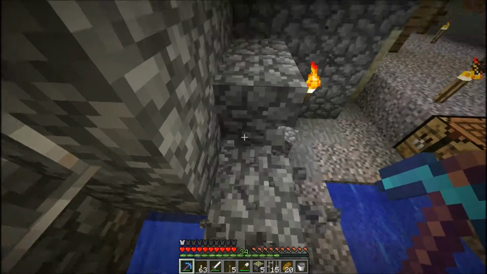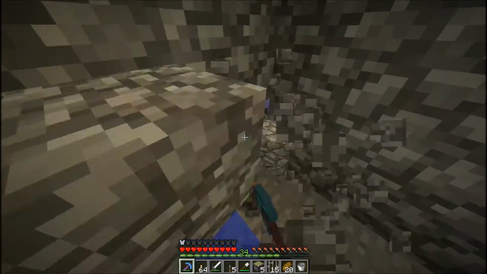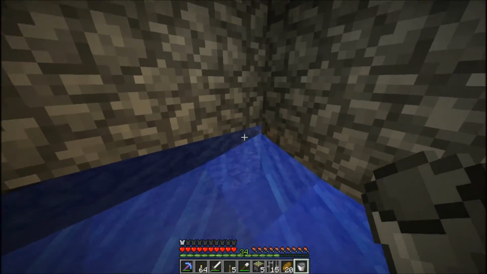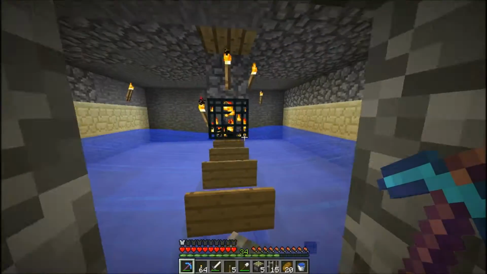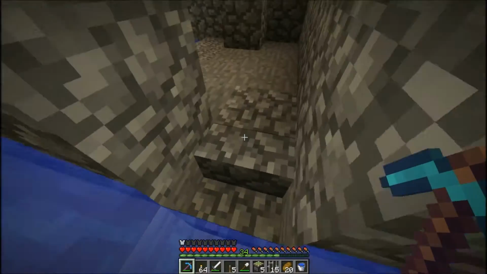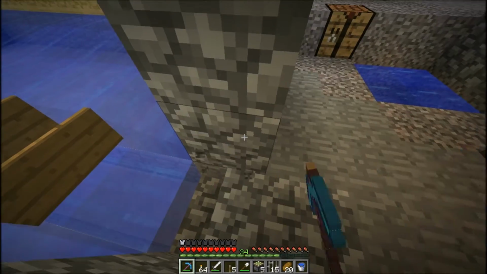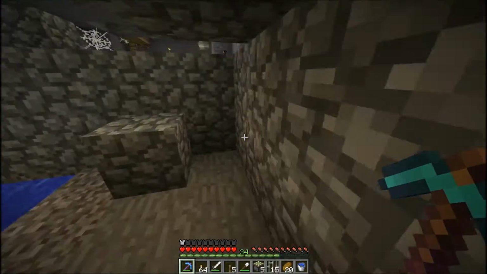Let me get down in here and show you guys what's going on. So I'm gonna get rid of this water too. There we go. Okay. So what happened is I finished this part right up here. So the cave spiders will come right here, get up on the stair. There will be a block of water right here, and the block of water will carry them towards this section